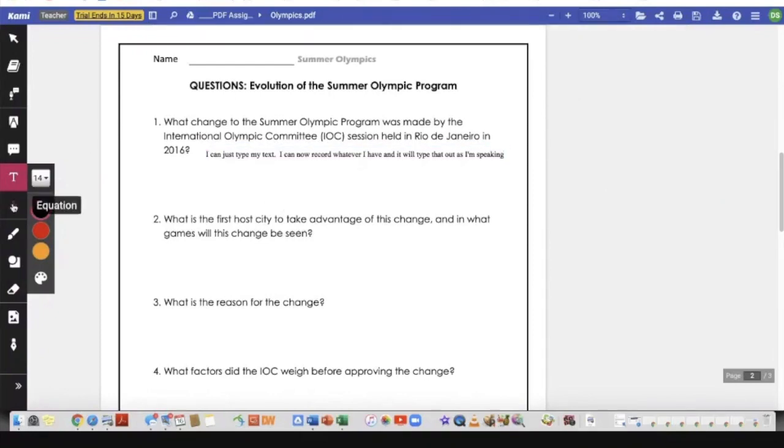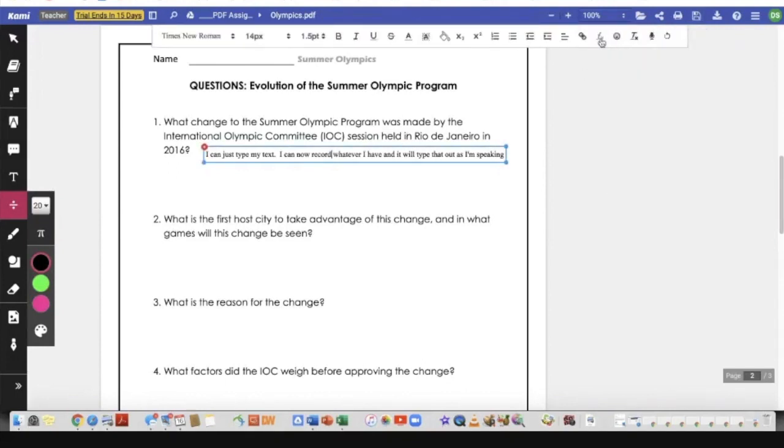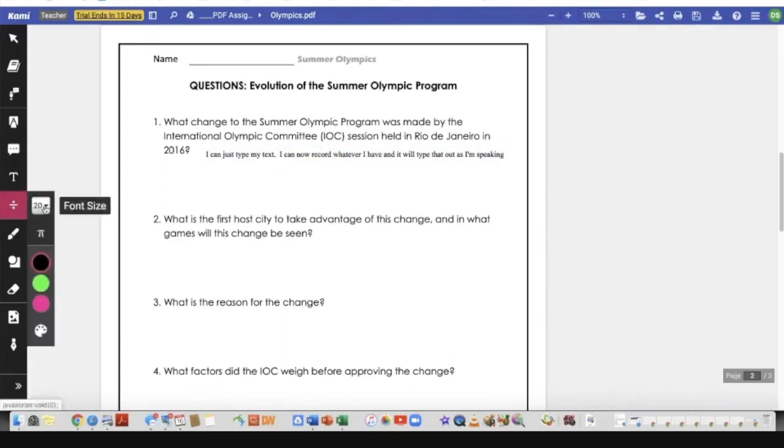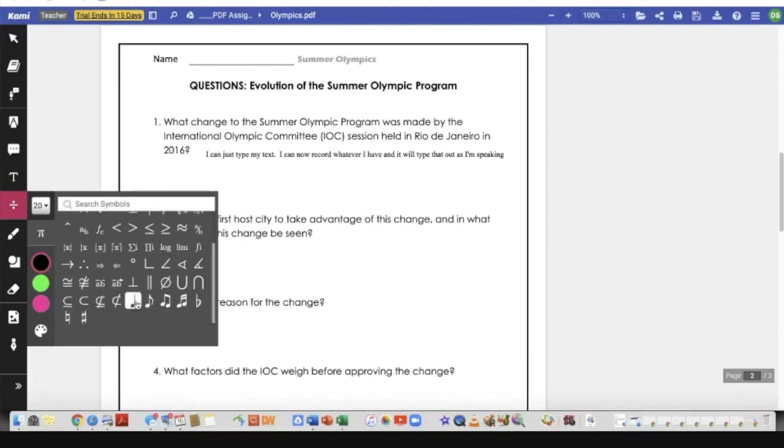The next tool is the equation tool. Not sure how many of you would have a need for this in a K-4 environment, but I do want to just show it to you so that you can see. This tool also works inside of the text tool under the formula. Okay, so I'm just going to go to this tool right here, the equation tool. Again, you can choose your font size. There's a whole bunch of mathematical symbols inside here. So maybe some angles and greater than, less than. There are some music notes and things like that that you might be able to use